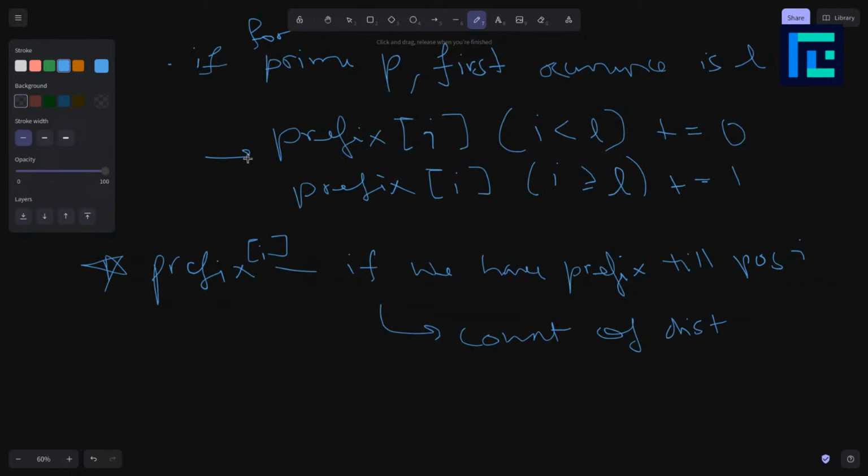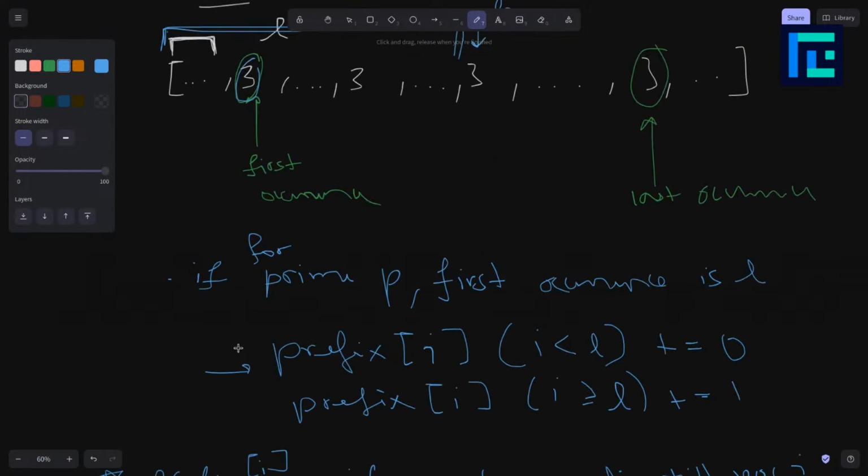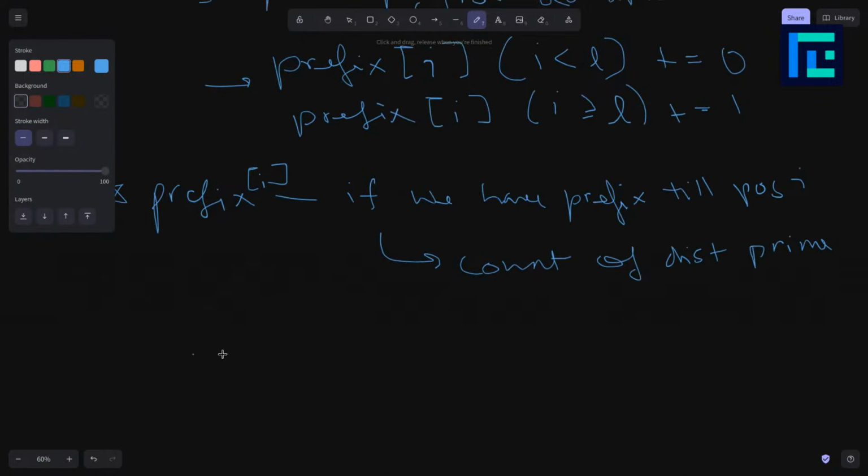And we can write it like this. For each unique prime in the array, we find its first occurrence. If its first occurrence was less than I, then we add a 0. Otherwise, we'll add a +1. Similarly, for suffix,